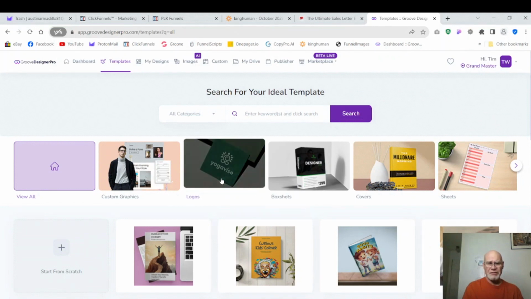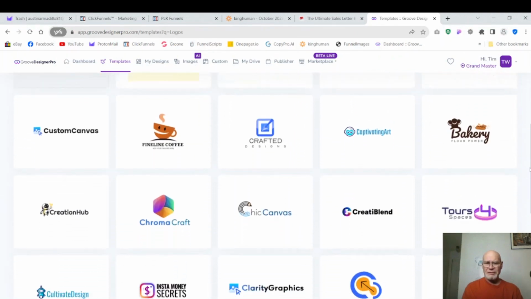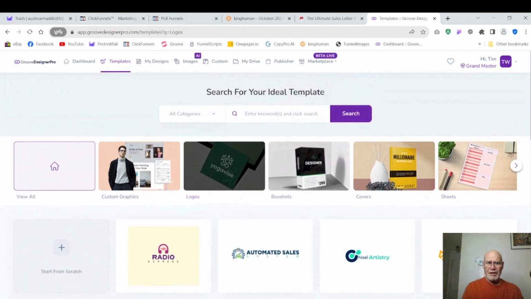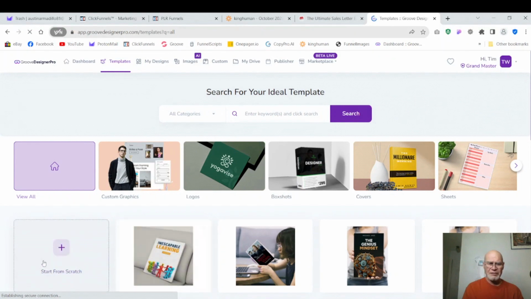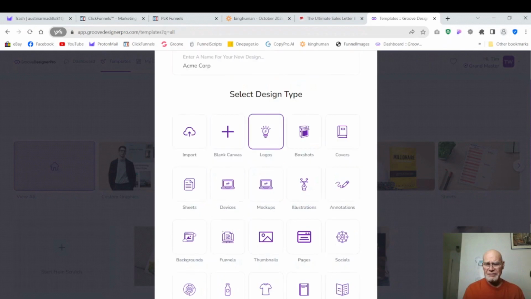So if we come here and click on this section for logos, it's going to load up a bunch of logos that we can search through and find something we like. But if we go back out to our dashboard, and we click on Start from Scratch, and we'll just put a name, Acme Corp. And we look here in our Select Design Type, we have logos here. If we click on that,